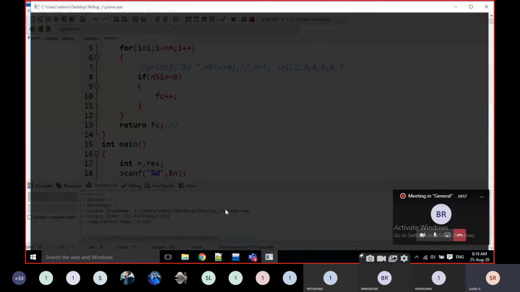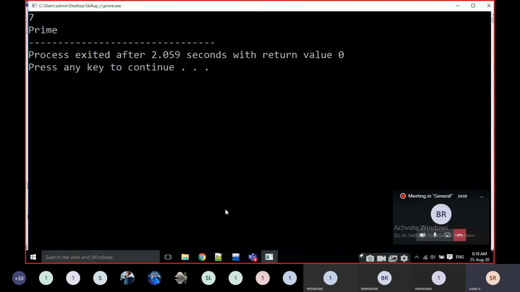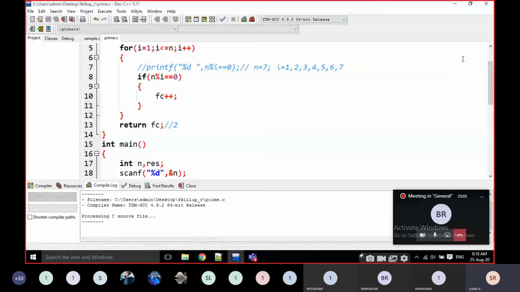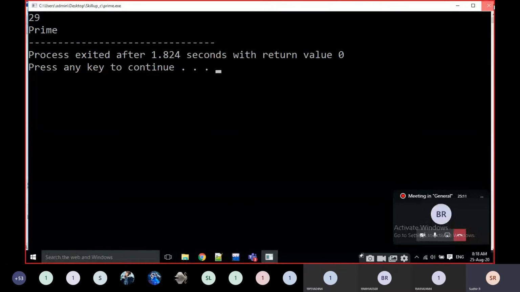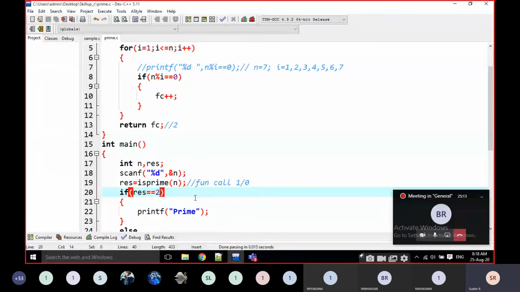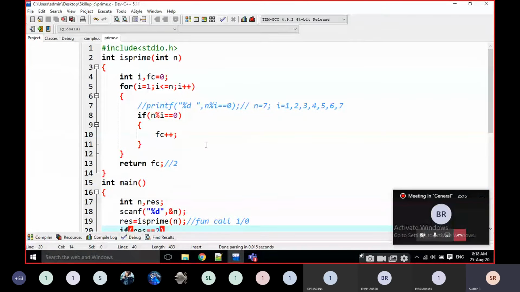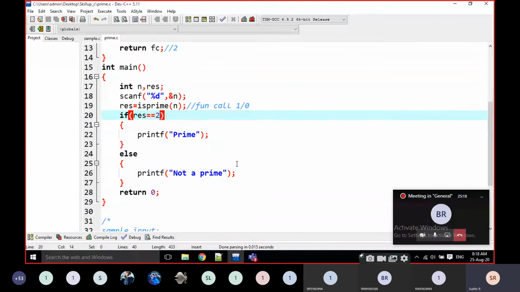Now I am going to execute it. For example, 7 is a prime number. Why? Because there are 2 factors. If it is 100, not a prime. 29 is a prime. Like this we are going to check here. Note down the main program here.